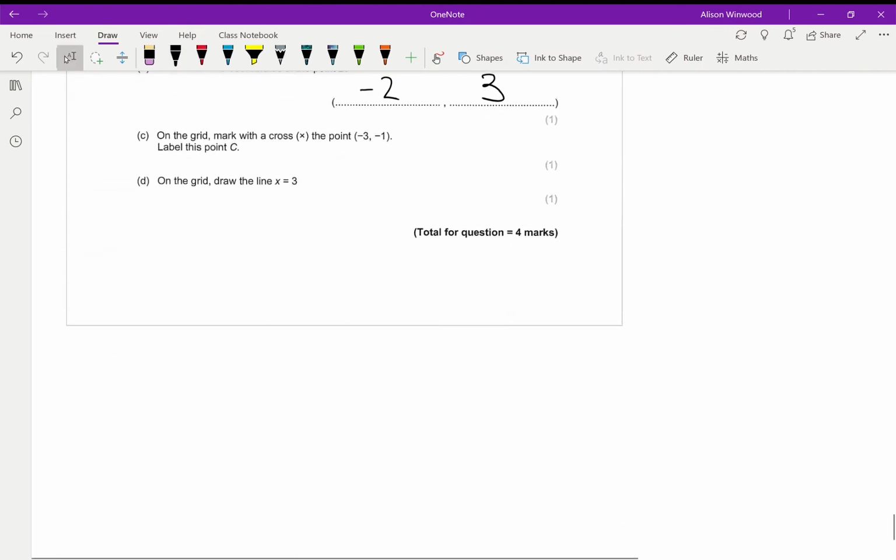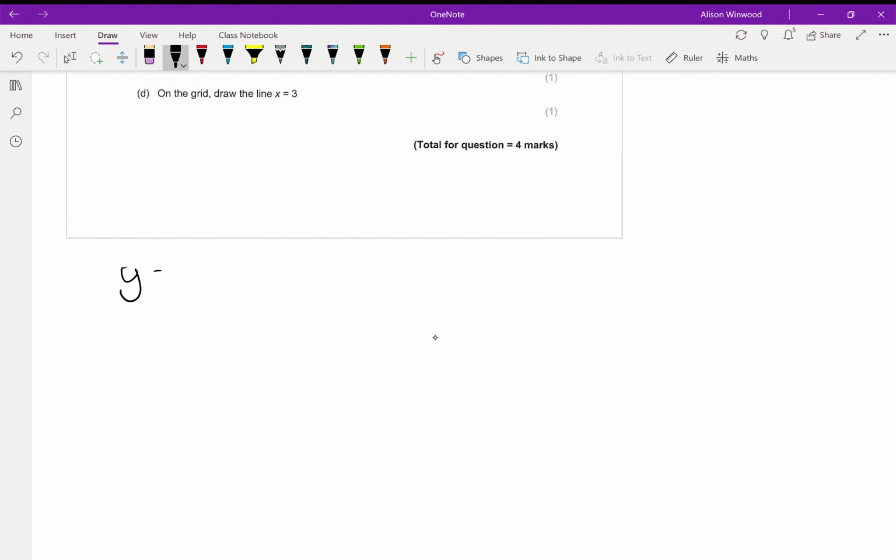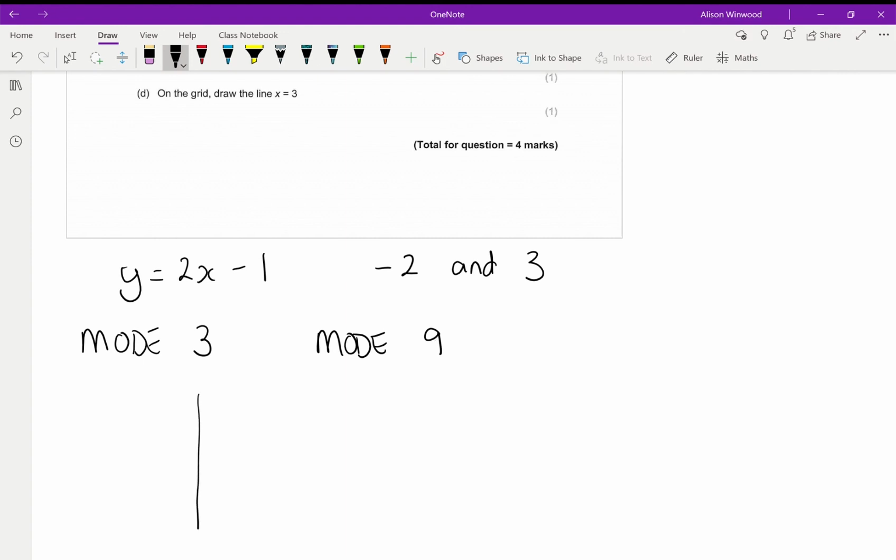The final question was you had to draw y equals 2x subtract 1 between -2 and 3. Easiest way to do this is on the calculator with mode 3 if you've got a grey calculator, mode 9 if you've got a white calculator. Type in the equation and start at -2, end at 3 with a step of 1, and we should get the table appearing